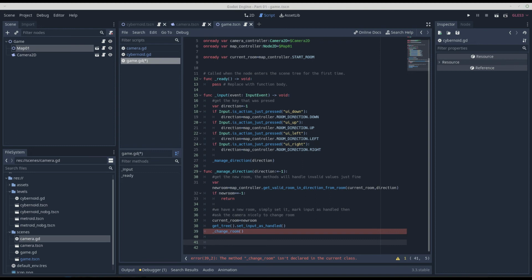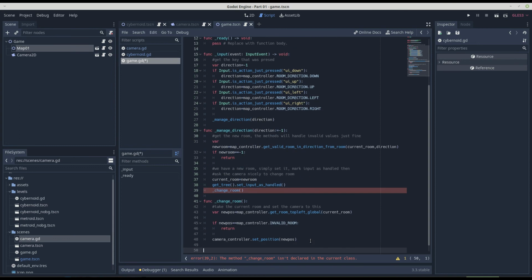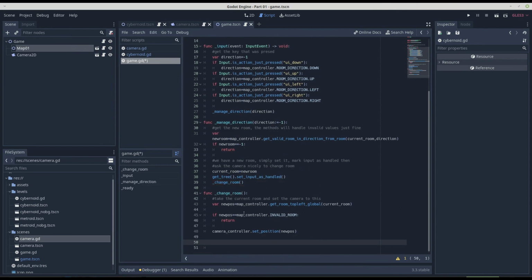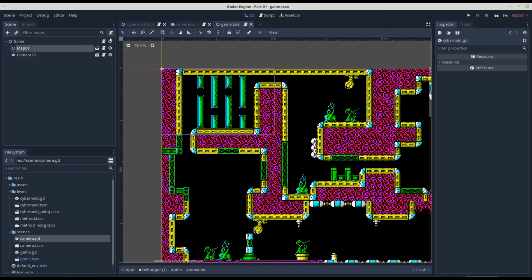And change room is a pretty simple method that again calls our controller code to get the global coordinates of the top left of our current room, which, as we know, is now set to room 4. So if we look at our screen,